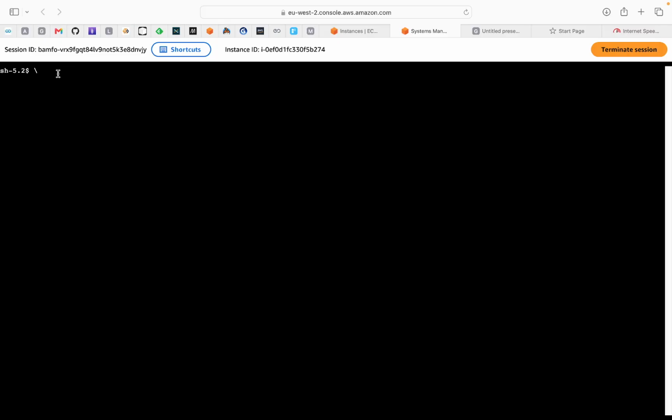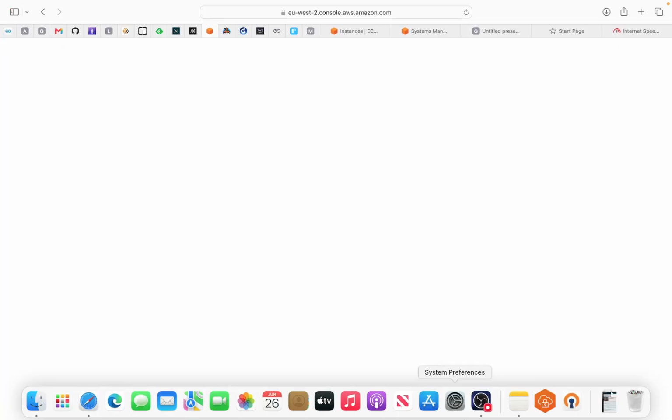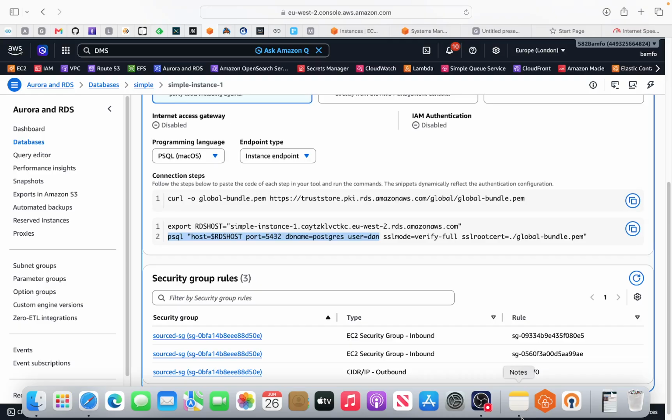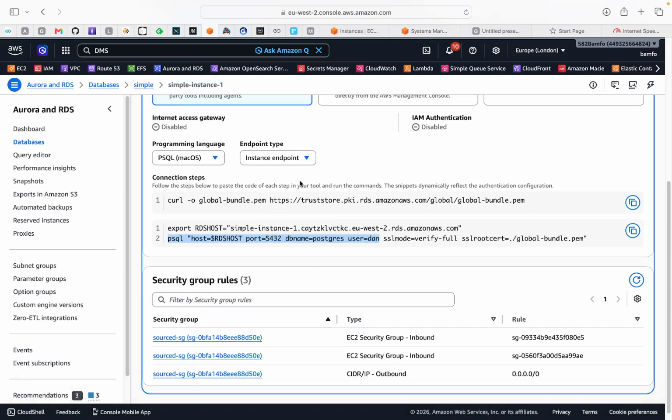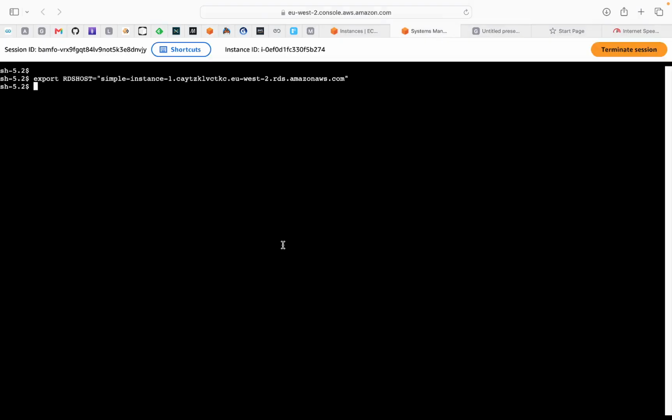Let's remove that. Okay, export that and then go back again, and then copy that one. Let's go back to the session manager, and then again paste that one there, and then what I need to do is to close that,